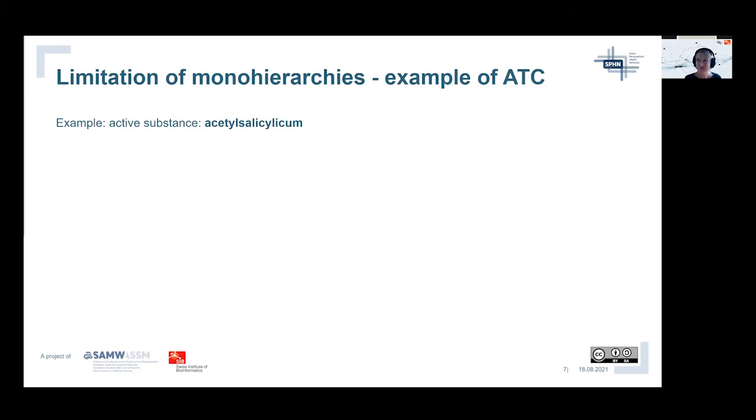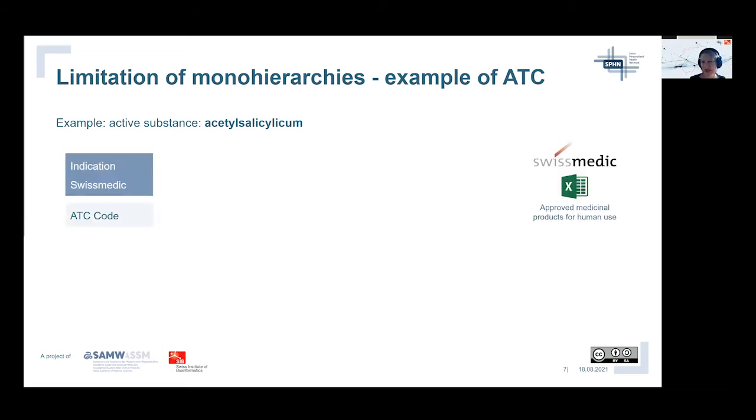Now, classifications, monohierarchies have some limitations, and I would like to make an example for that at the ATC classification. Let's have a look at the active substance of acetylsalicylicum. Maybe most of you, I guess, know what it is. And I was looking in the Swissmedic Excel file from the website. Can I find it there? And what do I find? And I find one code for the indication of thrombocytic aggregation inhibitors. So it's approved in Switzerland for this indication with the ATC code of